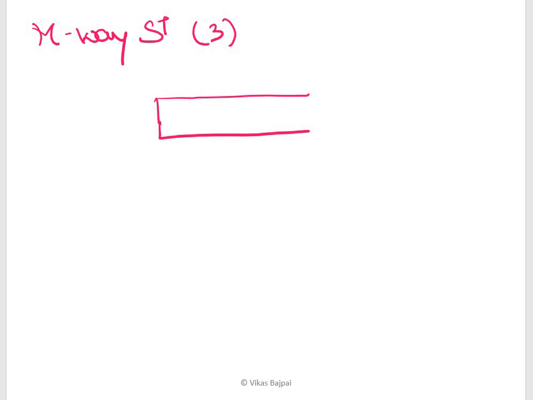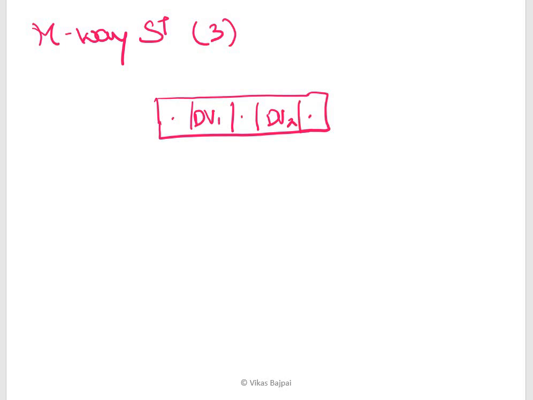So let's say we have to draw the M-way search tree of the order 3. In this case, how will it look? So it has data value 1, then a pointer, a data value 2, and a pointer.